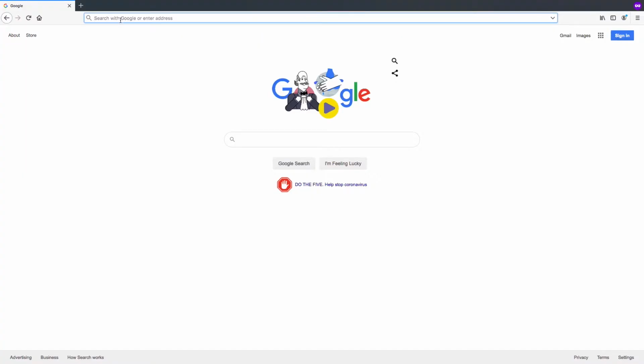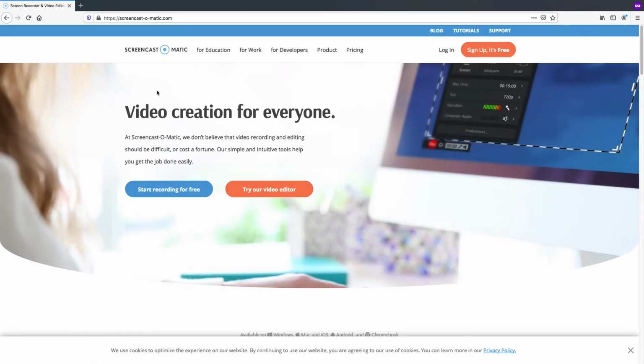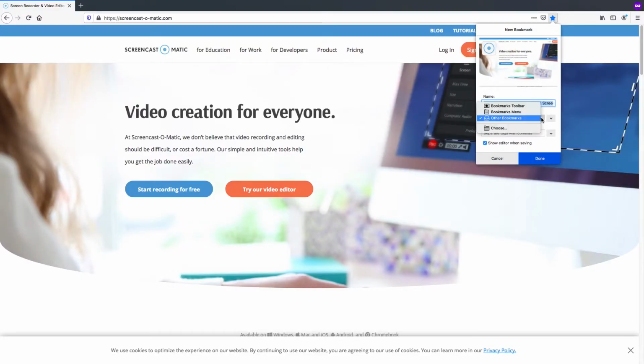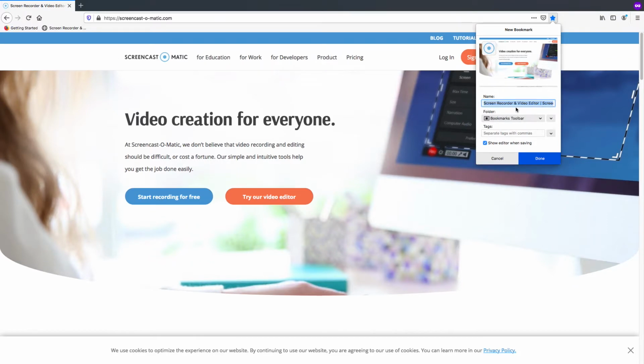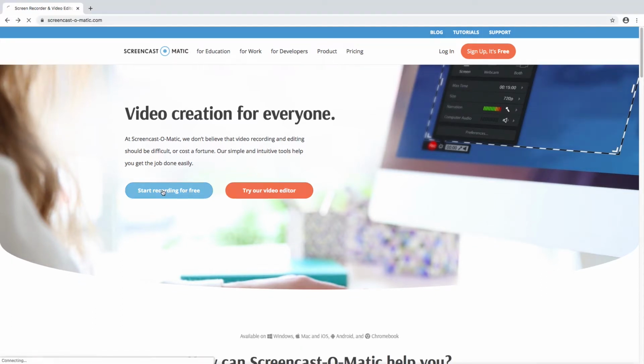So first things first, to get started, if I can get you guys to actually log on to the website here, it's screencastomatic.com. The first thing we're going to do is click on Start Recording for Free here. Anytime you want to launch this recorder, you have to go to this website. So I would bookmark this page, put it on your shortcuts, put it on your desktop. So you can click Start Recording for Free,